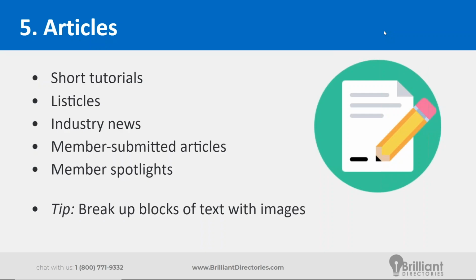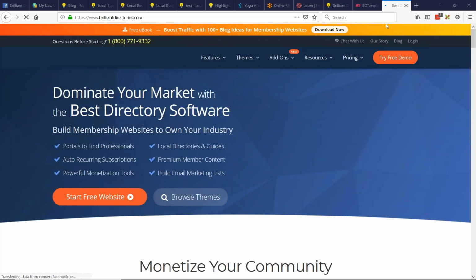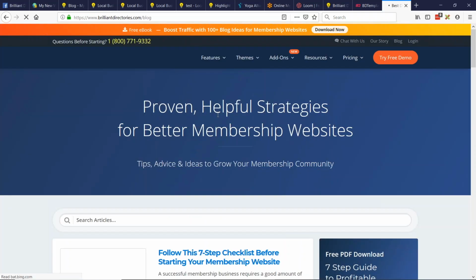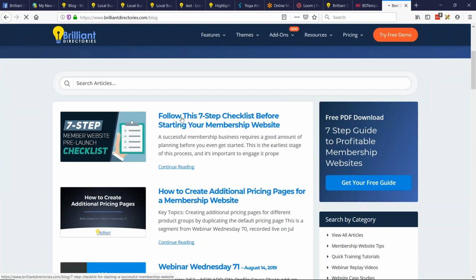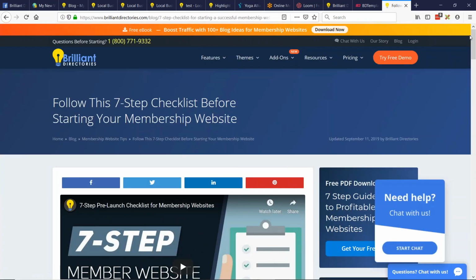And then lastly, just an overall tip here with general text articles is make sure you break them up with images, and also make sure to break up the text with headings. So instead of having paragraph after paragraph after paragraph, you can have paragraphs, but make sure you split the articles up into different sections with different headings, and then also break those up further with images. It just really helps to make text articles more digestible.